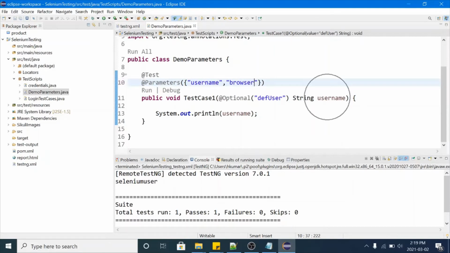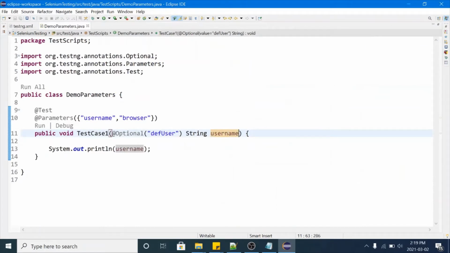Again in the method definition we will use commas to separate. First we will pass Optional, and we will name it Firefox. The default value is Firefox, and if we are passing a value from the testng.xml file, it will override this variable. String browser.